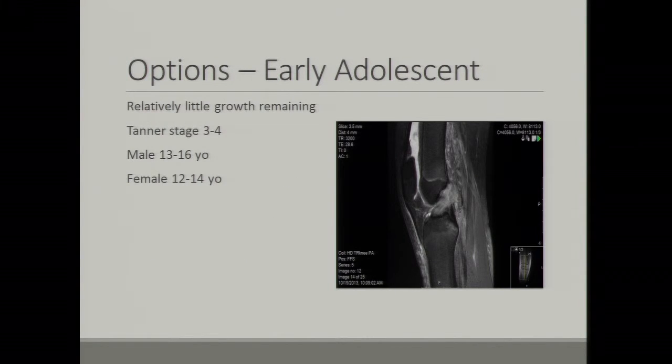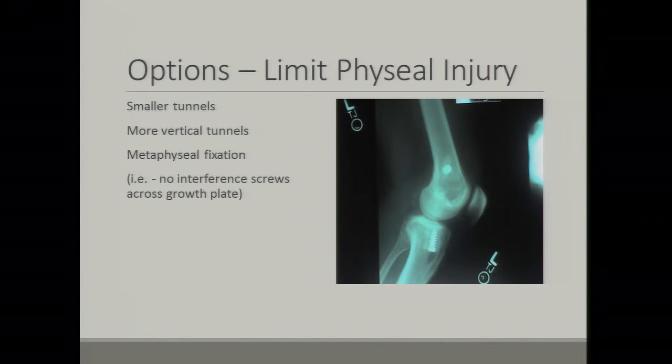When we get into early adolescence, so your 13, 14-year-old males with relatively little growth remaining, I think the objective is to provide as anatomic an ACL reconstruction as possible while limiting the potential for injury to the growth plate. And we do have a few options in this regard. Certainly we want to think about smaller tunnels when possible. Now, I certainly don't trim down my hamstring grafts. I think having a good sturdy graft is important, but typically we're talking about an 8 or so millimeter graft,